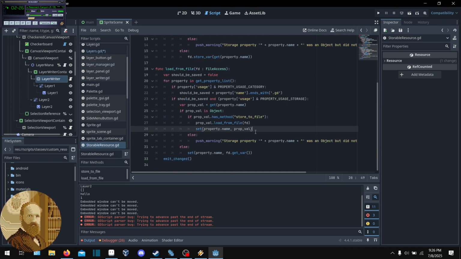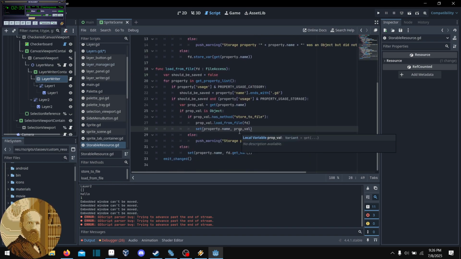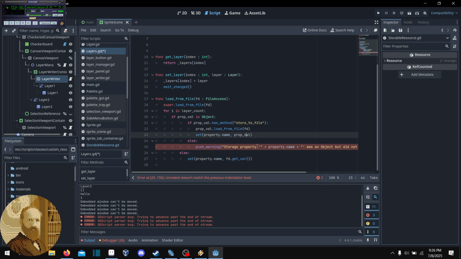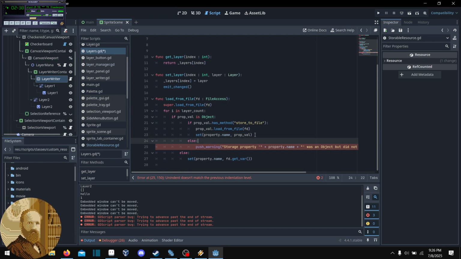For loading. Wait, this is loading. What? Oh, okay. I see now. So instead of that,